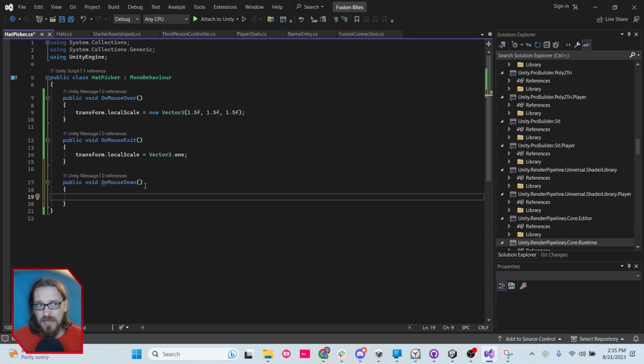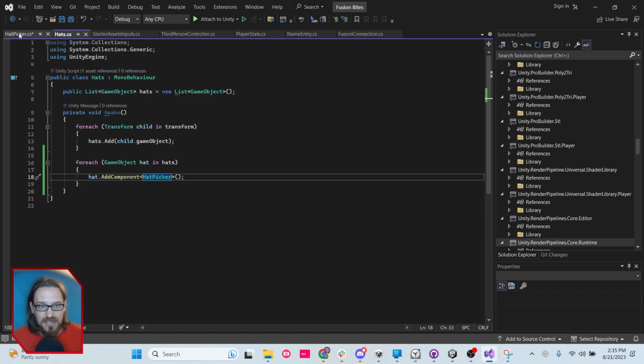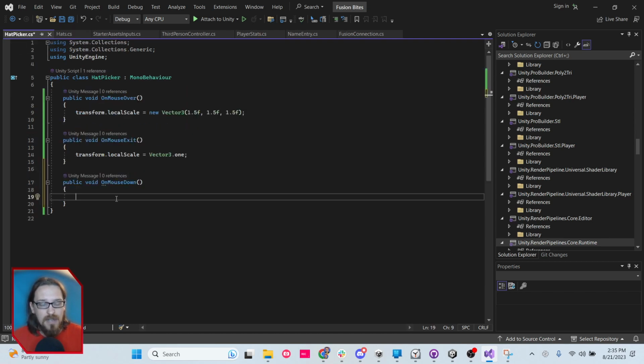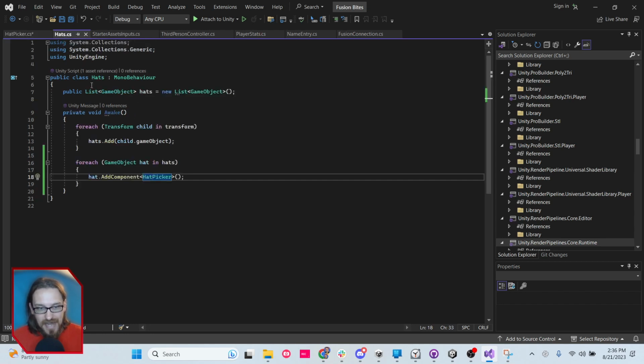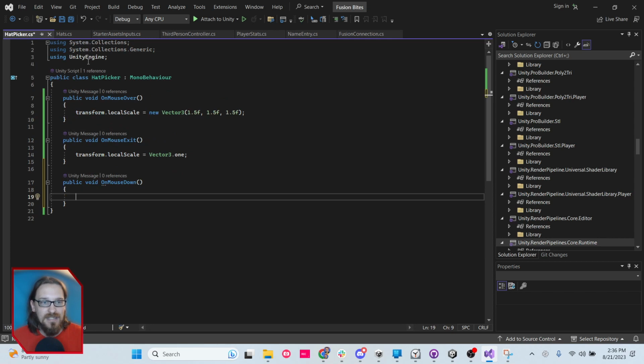So the way I'm about to do this is probably not the best way. The best way might be with some other type of identifiers, like using an enum or something, but we need a way to identify what it is that we are clicking on. And so that's why I have this hats list that's getting generated. So on mouse down, I'm tempted to just get the sibling index because I'm betting the sibling index is going to match the list index. But let's get the list index. So on mouse down, we want to